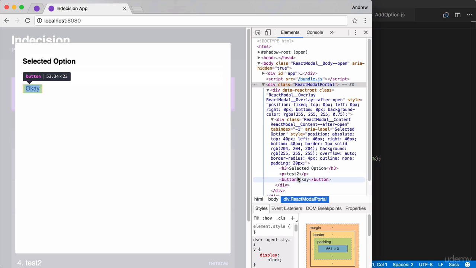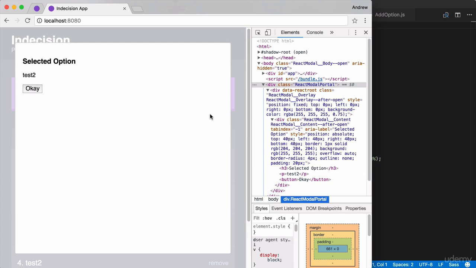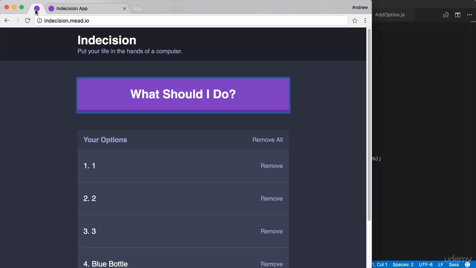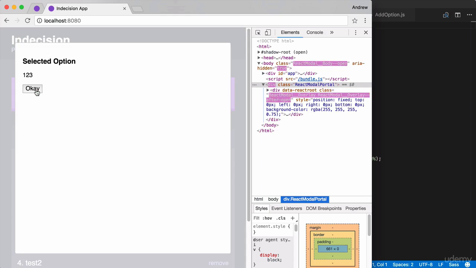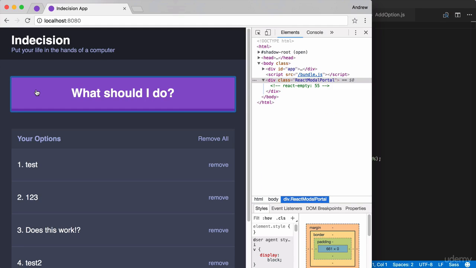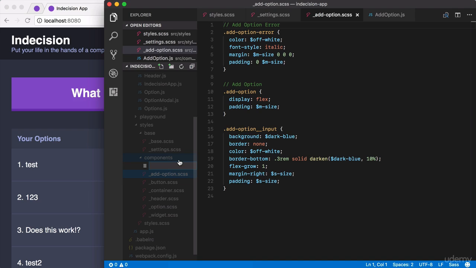So what we need to do is figure out how we can target this and this in order to add the features necessary. The first thing we're going to do is resize the box to take up just the space it actually needs, as seen here. And we're also going to transition the box in and out, as opposed to jarringly opening and closing it instantly. Getting all of that done is going to require us to write some new styles, and we're going to toss that in a brand new folder inside of the components folder. I'm going to call this one